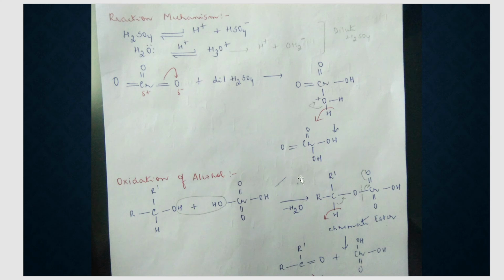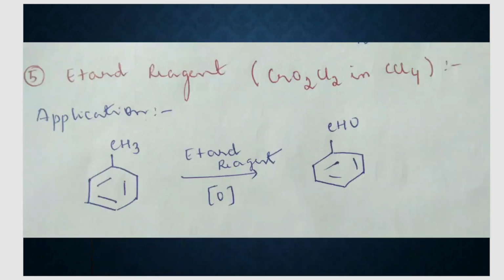Now what is this, students? This is nothing but your chromic acid. We already studied this, so once again I won't explain it in detail. We take an alcohol and carry out the oxidation in the presence of chromic acid. Step number 1, elimination of water, formation of chromate ester. Then the chromate part breaks off, there's cleavage of the oxygen metal bond, and we get a ketonic compound. So that was about your Jones reagent.